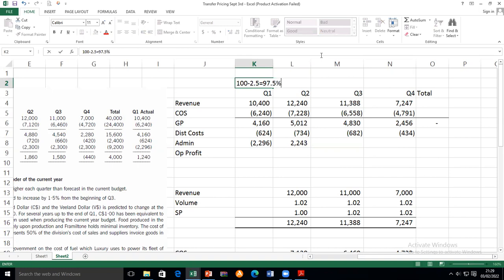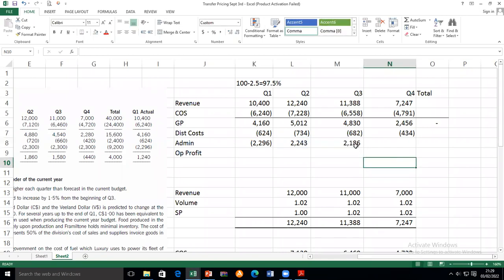Is that okay? 97.5. That is why I'm multiplying by 0.975. Again, this figure, multiply again by what? 0.975. Here again,